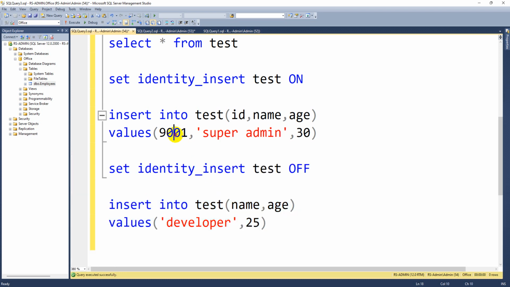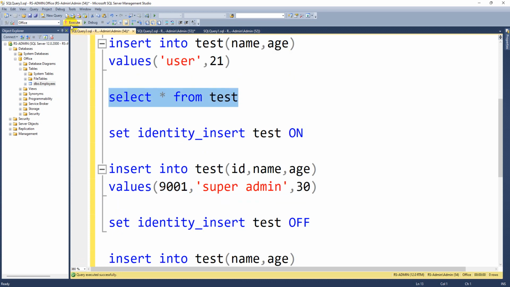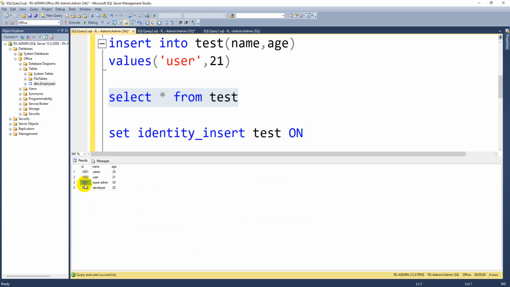In place of ID, the system continues from whatever the highest value is. The highest value before this insertion was 9001, so the system continued it as 9002. That doesn't matter that there is a gap between these two records.